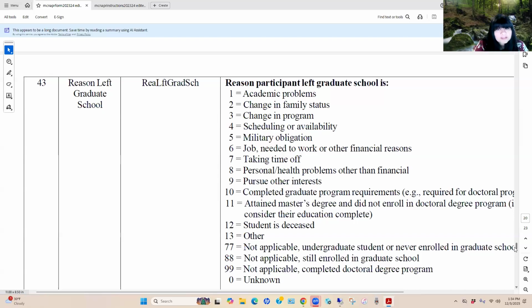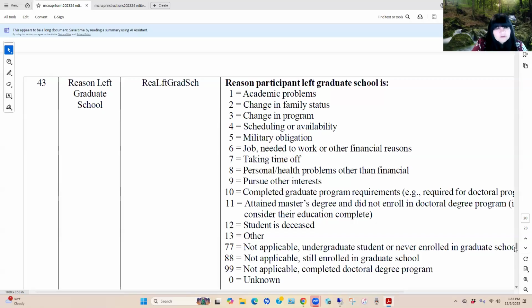And then if I wanted to report for that student, for example, that they enrolled in graduate school in the spring, then I want to make sure that I give a date that is after the date that they earned the bachelor's degree, when they entered graduate school. So I can report both of those things as a student being a first year in 24-25. If this particular example happened to them, they graduated in the fall with a bachelor's, entered graduate school, and within 24-25 were also a first year student.